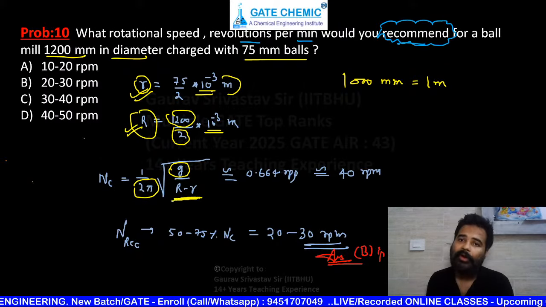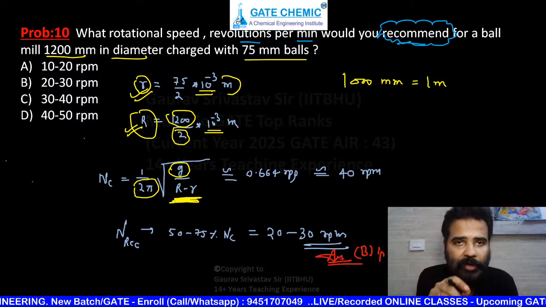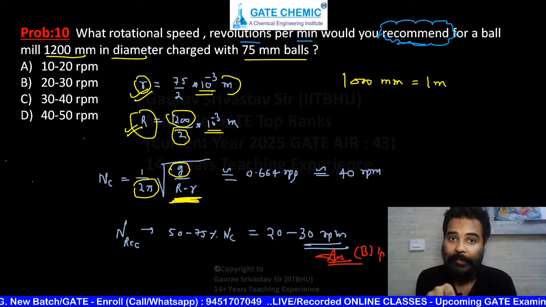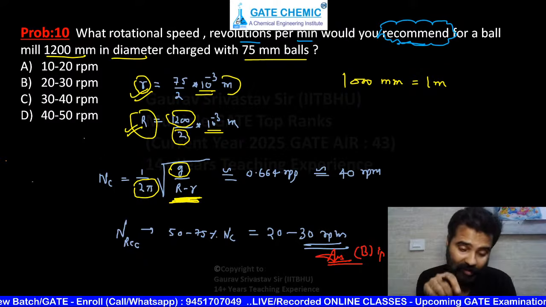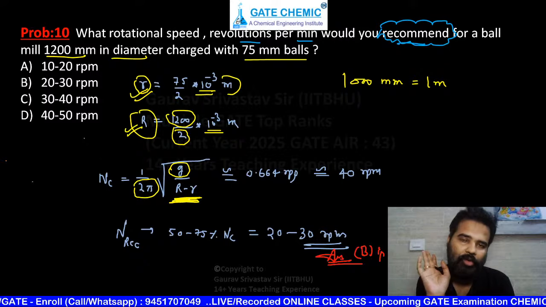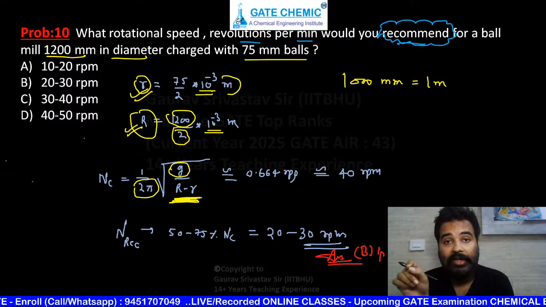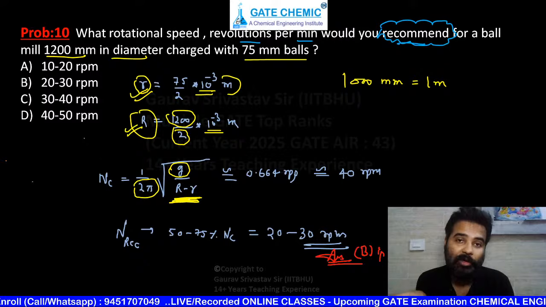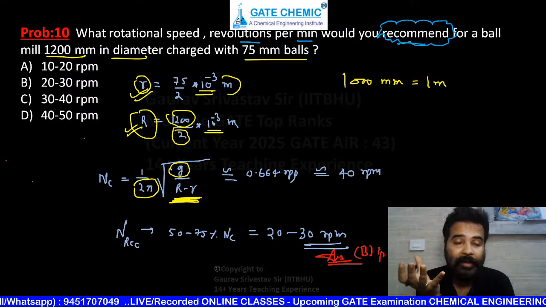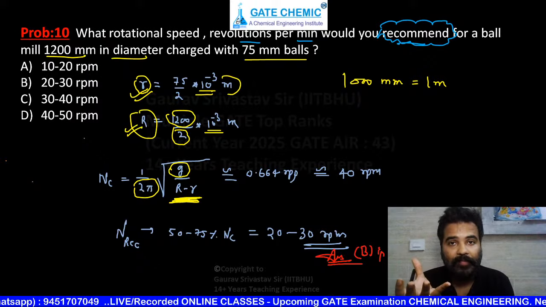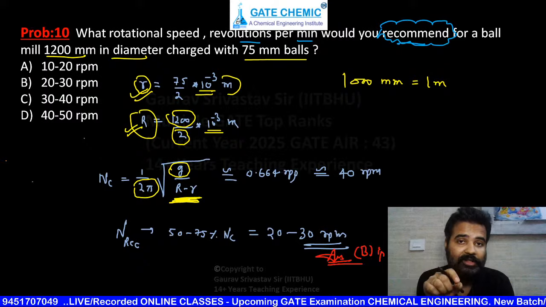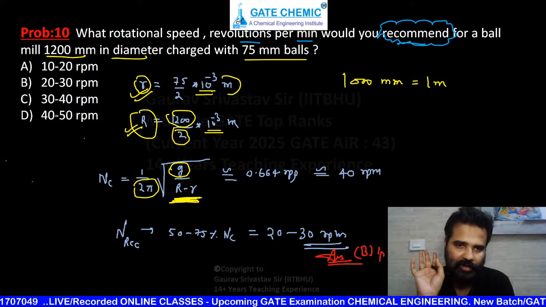Only these two values required, plus R and r. Just for critical speed, you need two things: ball radius, mill radius. In reality balls can be of different sizes, but in numericals they always give you one size ball. In reality, a ball mill is filled with different size balls, because smaller balls will give you more attrition, so that you obtain very fine product, and larger ones are going to give you more impact. But for numericals they will provide just one size balls, so no need to worry.